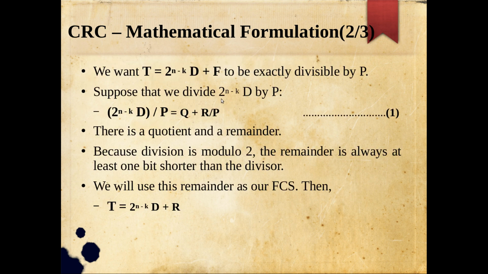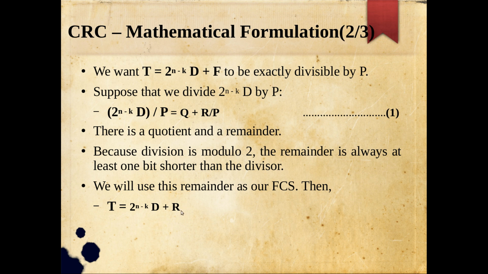That is why we made this observation and noted it down: at the sender side, when we are performing this whole thing divided by P, we will be getting some quotient and remainder. That remainder we are appending and sending to the receiver. Now this part as a whole, when divided by P, means this one divided by P and this one divided by P. This as a whole you can replace with some quotient plus R by P. So that is what is obtained at the sender side, and the same R is coming here also.